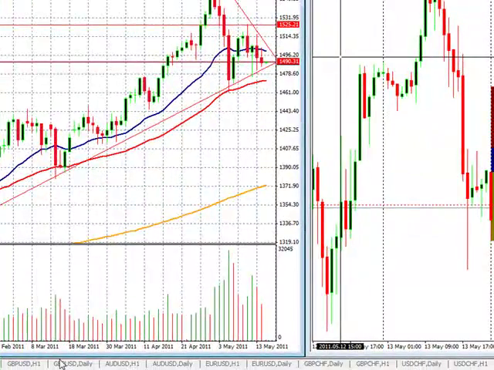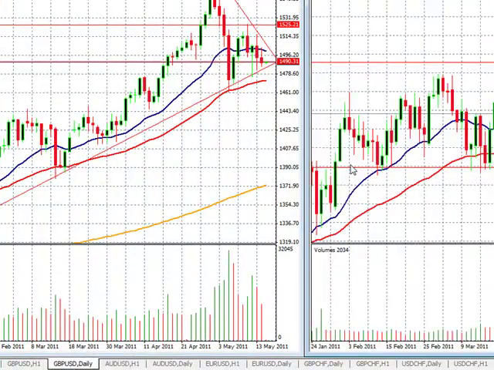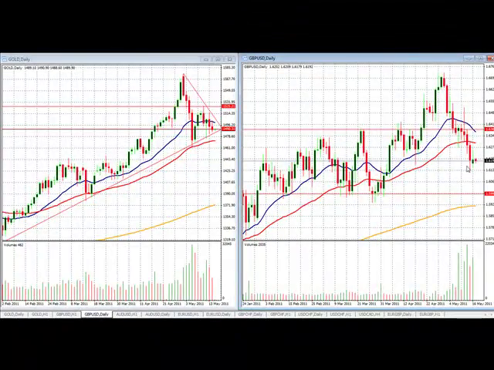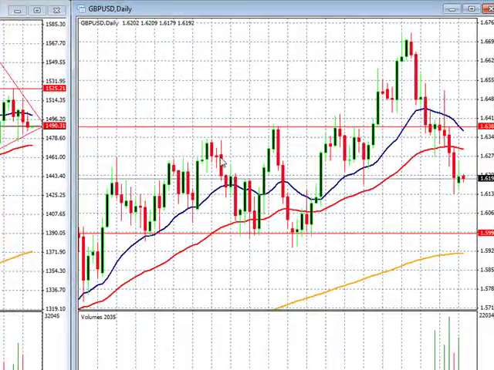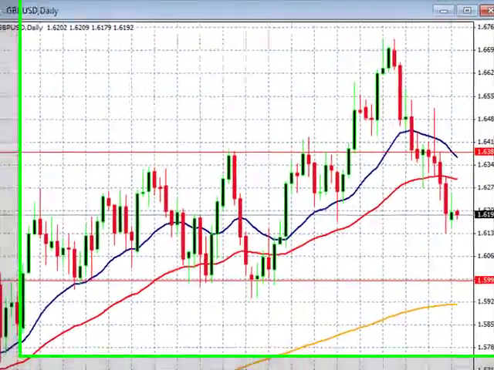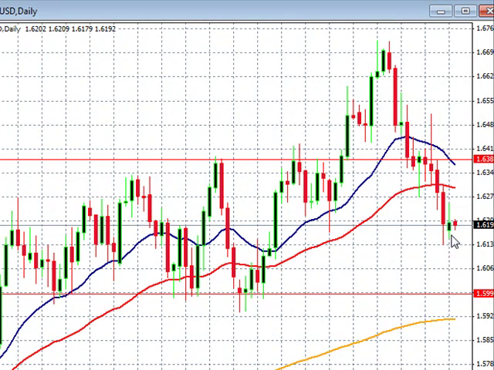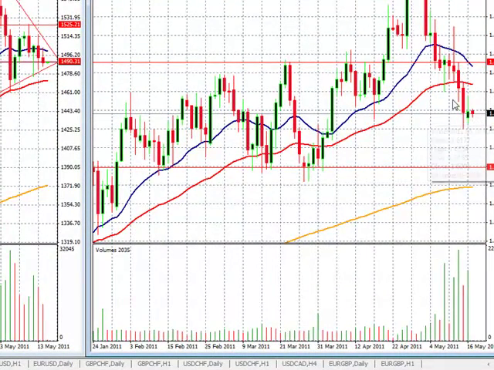Now when we bring in our complementary chart of the pound dollar, we can see the weakness already below the 50, whereas gold is not. And what we said here on the pound is that you can go ahead and sit on your hands. Is there a possibility of this running down to the 200? Sure. There's even more support right here, and this is what we drew last time. We got this support level, and we've got this resistance level up here. So we have a falling three pattern setting up,